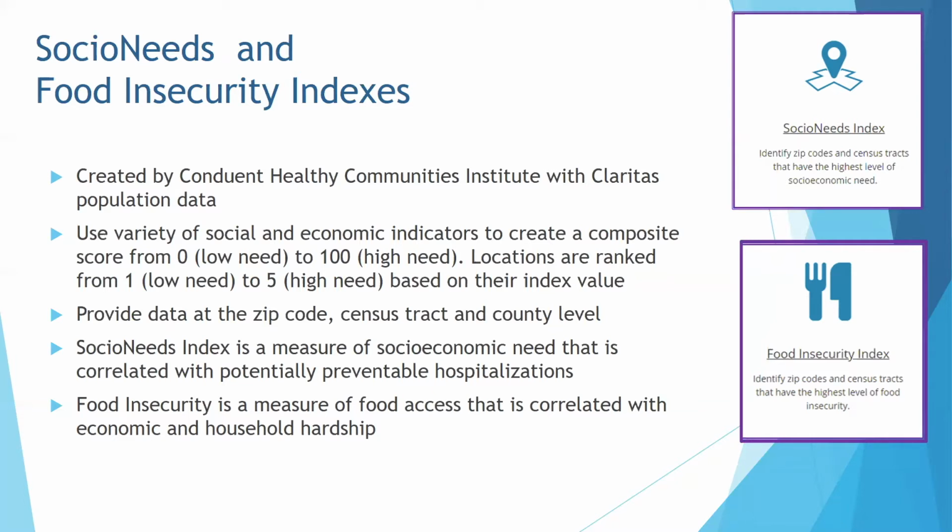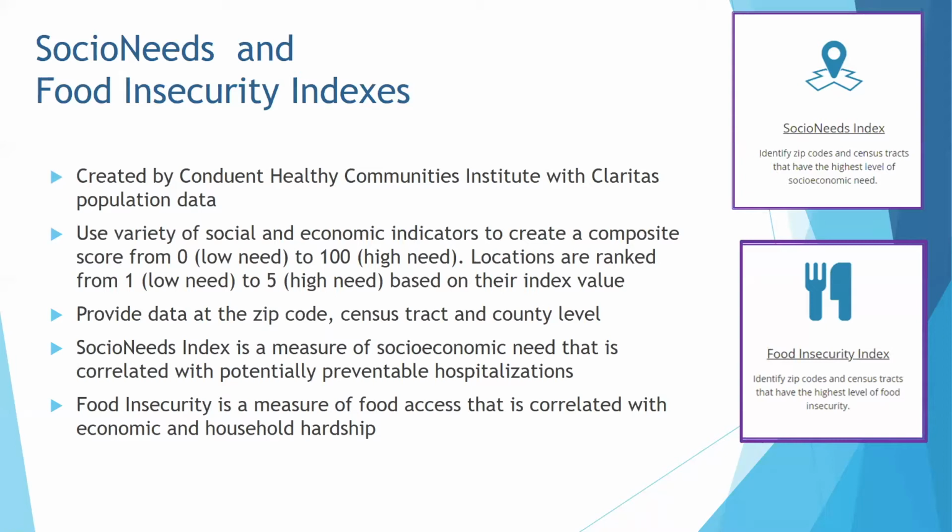So they use different indicators from Claritas to create indexes of a variety of social and economic indicators to create composite scores from 0 to 100. So from low need to high need based on their index values. These scores were calculated for different geographies across the nation. So they did it by county, they did it by zip code, and they also did it by census tract. So they each were given a score from 0 to 100 in terms of socioeconomic needs or food insecurity needs, right? And then those were then ranked from 1 to 5, from low to high, according to their index level